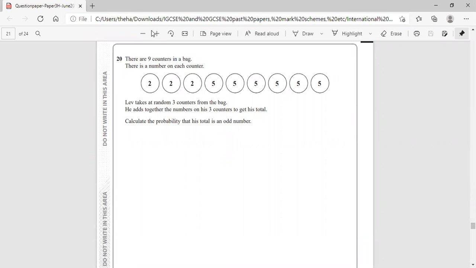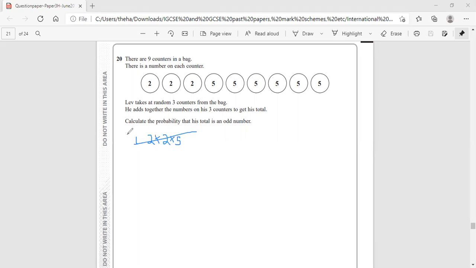So out of this thing here, there are 3 ways to get odd numbers. Okay, so he's multiplying his things together. So the 3 ways to get an odd number is 2 times 2 times 5. Okay, that gives us an odd number. And that's 1. Let me just put that there. So that'll give us, okay, so